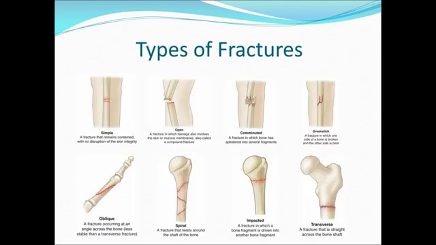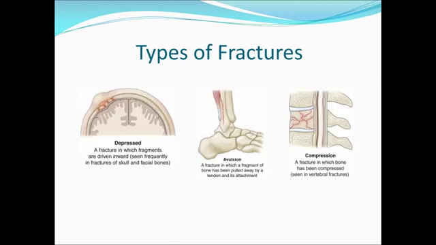A greenstick fracture, which is also known as a spiral fracture, often happens with a twisting of an extremity, a twisting of a limb. I like to point that one out in particular, because it is commonly associated with physical abuse, child abuse, elder abuse, because of the twisting of an extremity, and it can cause a greenstick or a spiral fracture. So just be aware of that.